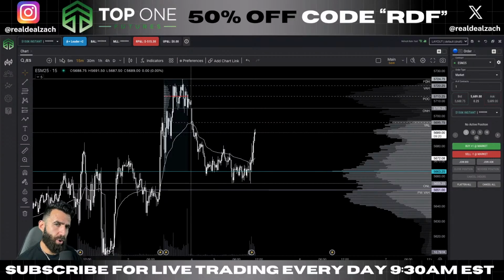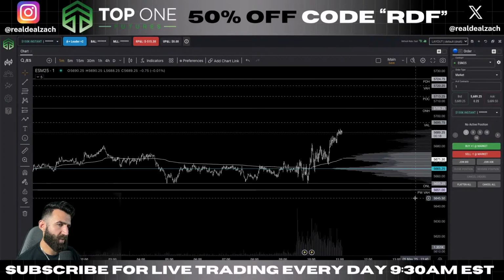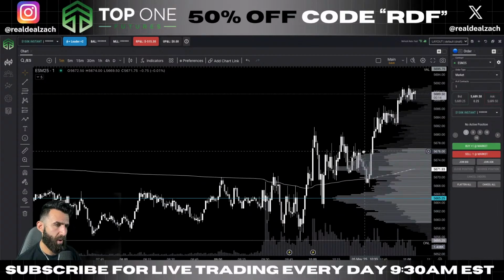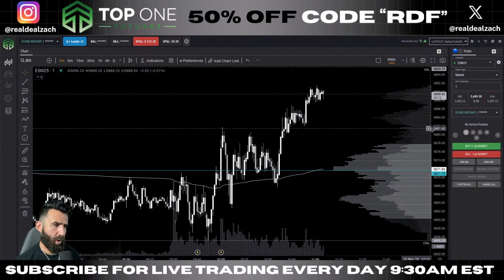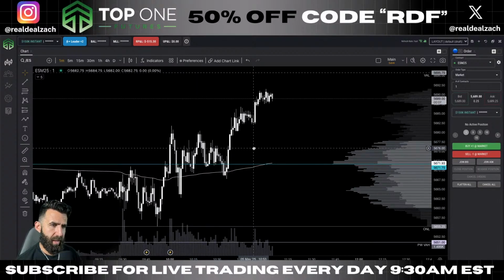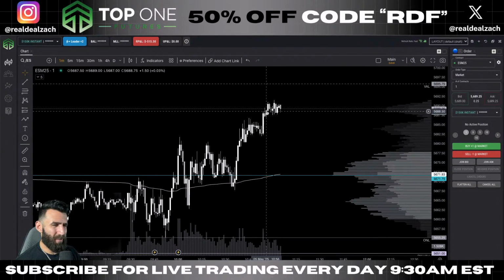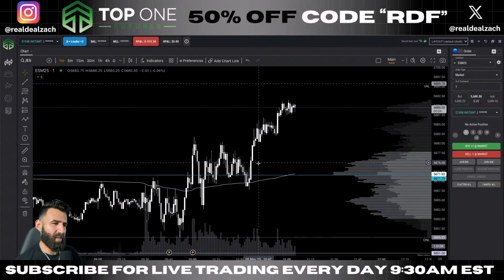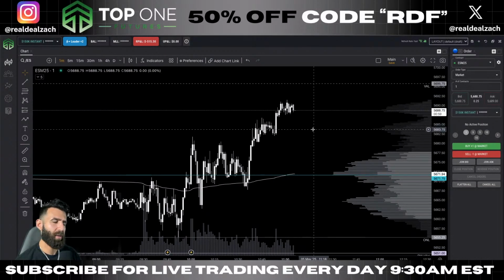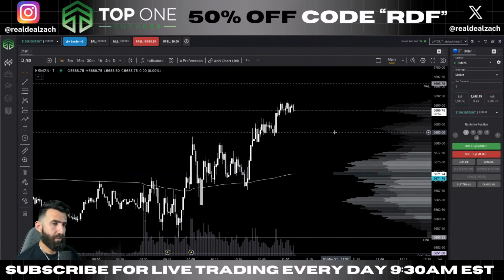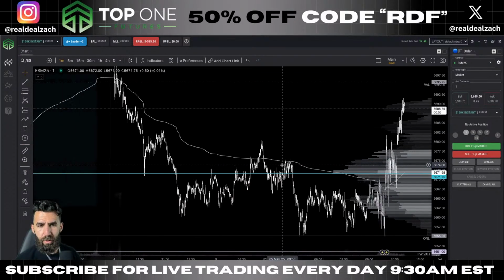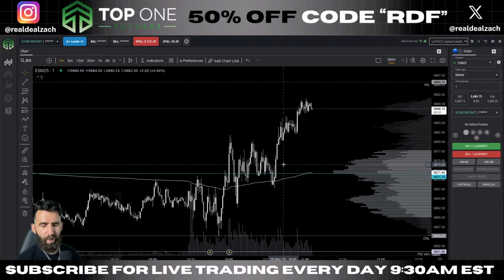I didn't get good structure to find my way in on this to the upside. Didn't really get any nice clean break and retest. Like I talked about, I would have had to have been really aggressive down here off of VWAP to get a nice entry on this, where I was looking short for us to come back down in. Consolidation and then little moves to the upside gets tough, right? You kind of get this slow grind to the upside where we just continue to push highs. Conversely, if the thought is we're going to come back down through VWAP, you can start looking for cheap trades up here, but I think that can get a little bit dicey.